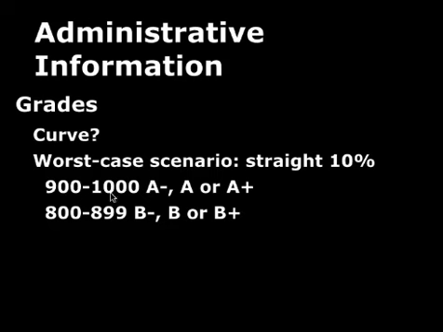So for instance, suppose that all 300 people in the class get between 950 and 1,000 points. So the worst person gets 950 points. Well, if the class was on a strict curve, then that means that 950 points would probably be an F, right? That was the worst score, right? So you'd be screwed. But I won't do that, right? Here, the worst case scenario is 10%. So if the worst score is 950, the worst score is going to get an A, right? Everyone in the class would get an A if they all get 900 points or more. That's fine. I'm not going to curve it up that way.